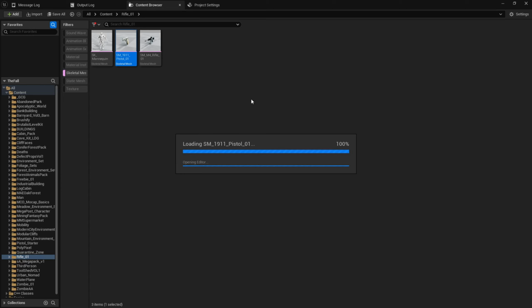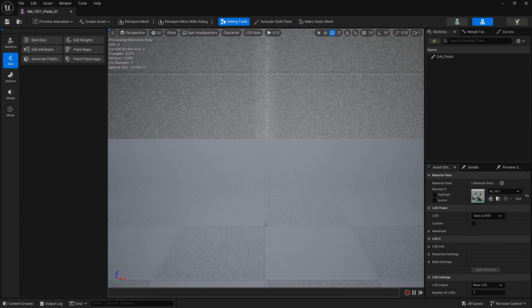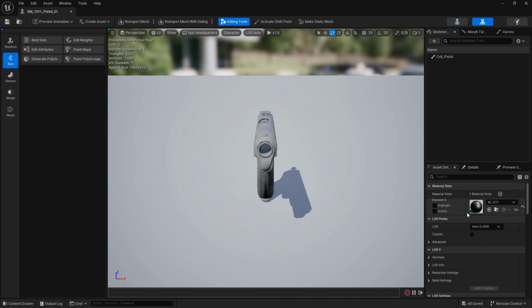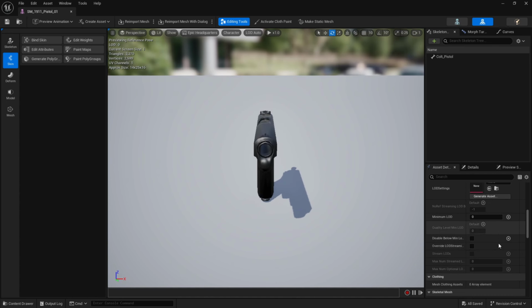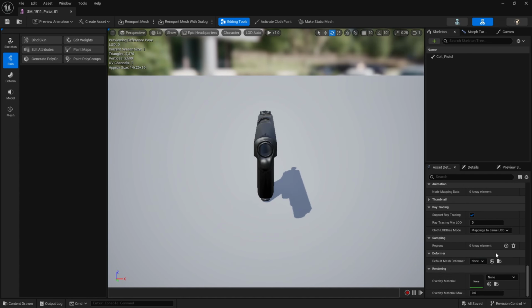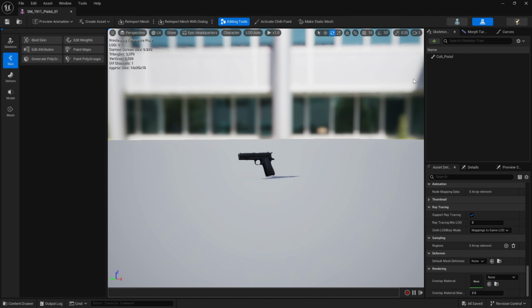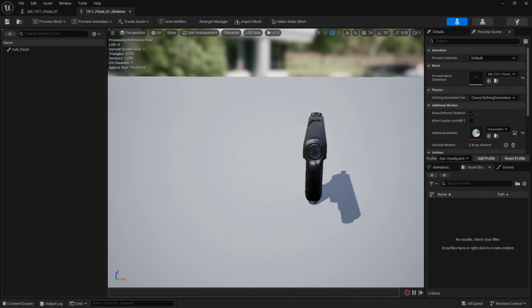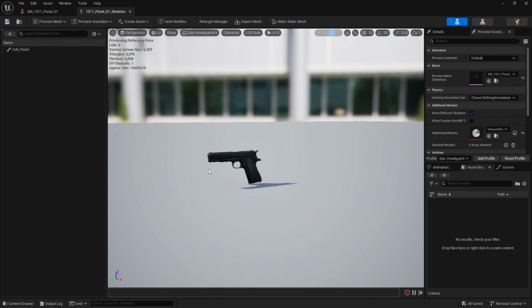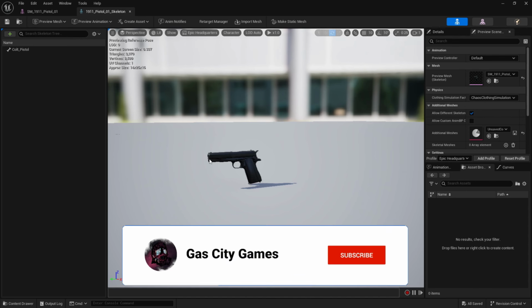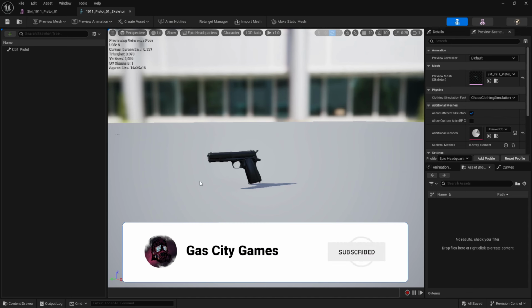So let's pop this open quickly. I say that, and it takes forever to load. And there it is. I don't even know if there's any animation assets for this particular one. But take a look at the skeleton. Yeah, there's no animations for it, but you could potentially have an animation in there with the,